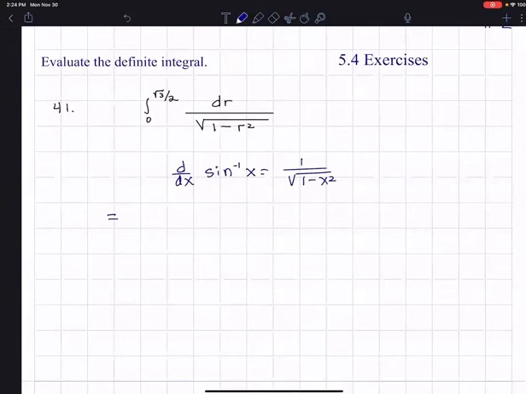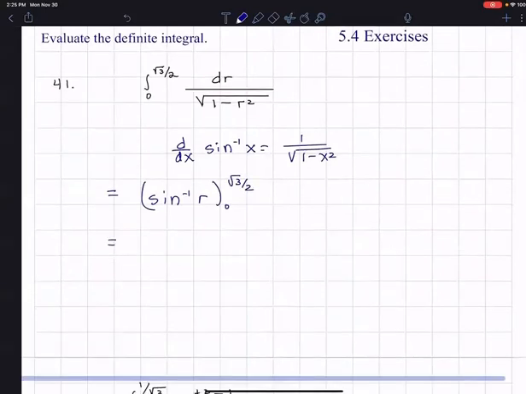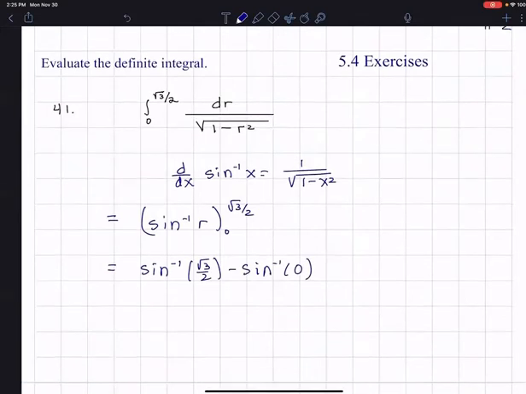So here we're using the variable r, but the antiderivative of 1 over radical 1 minus r squared is sine inverse r. And then we'll just evaluate that from 0 to rad 3 over 2. So that gives us sine inverse rad 3 over 2 minus sine inverse of 0. And what's going on here is